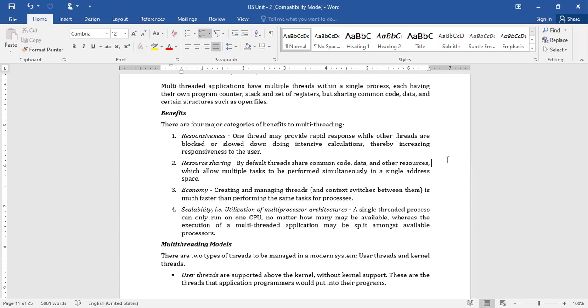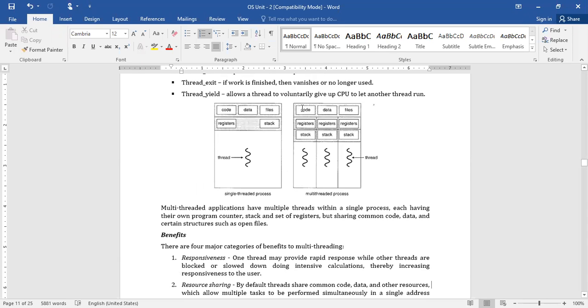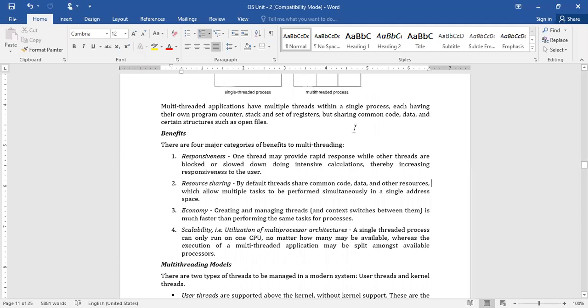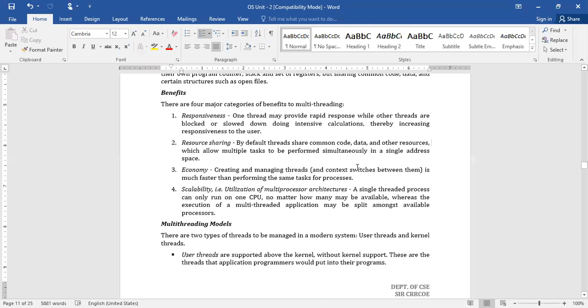And resource sharing is a very important, beautiful benefit of using threads. By default, threads share the common code segment, data segment, and other things which we have discussed in the diagram itself: code segment, data segment, and list of open files, right? So all this data can be shared by the multiple threads.